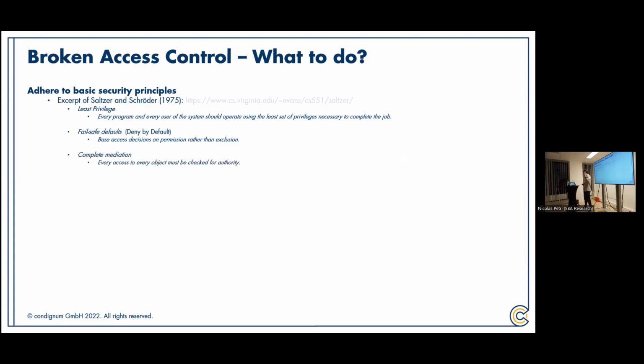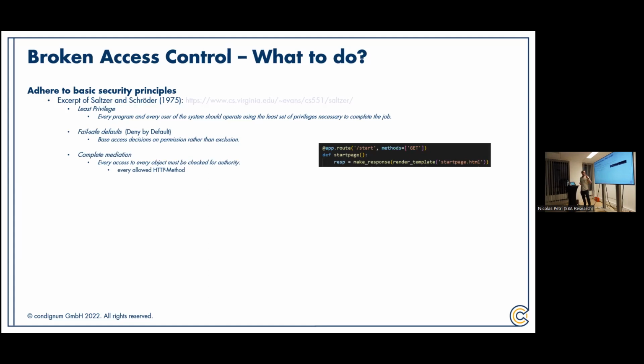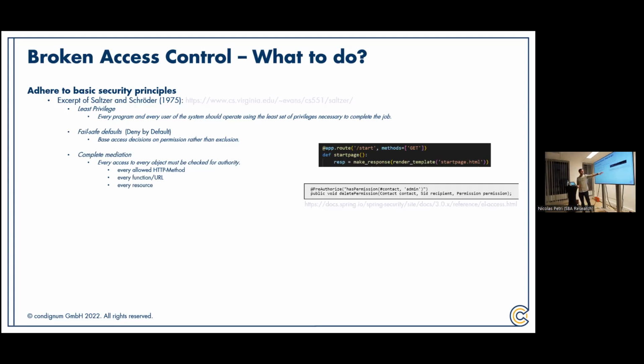And complete mediation, which basically just says every access to everything must be checked. So if you, for example, have a function in your application, then always define which HTTP methods are allowed to call this function. Every function and URL and every resource which gets accessed has to be checked again. So here's an example from the Spring framework. You can use